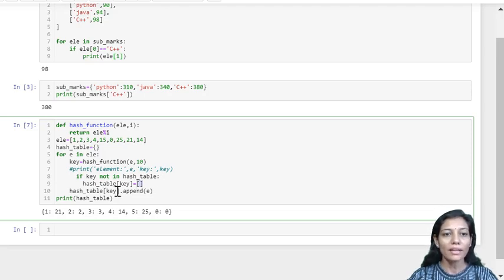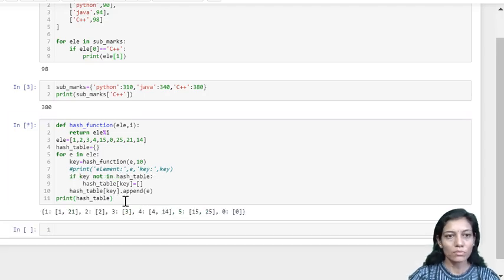If the key is already present, say in case of 1, where one number is already present as you can see over here, then in order to insert 21, we'll be appending the new element. So let us execute the code and see.